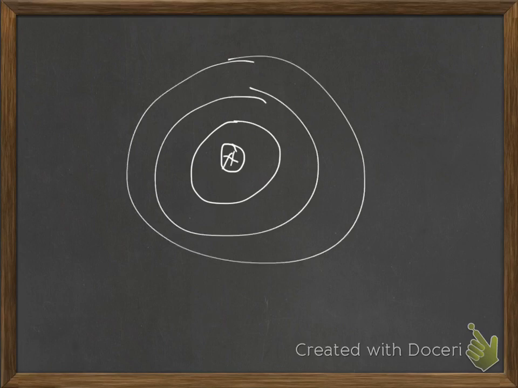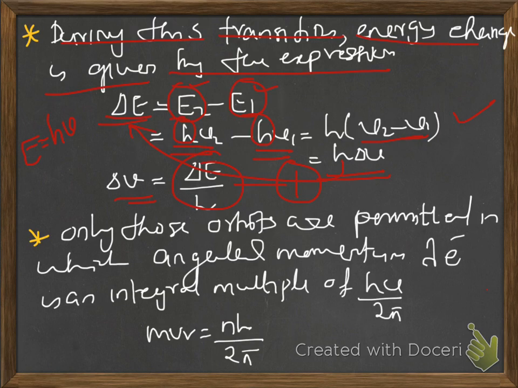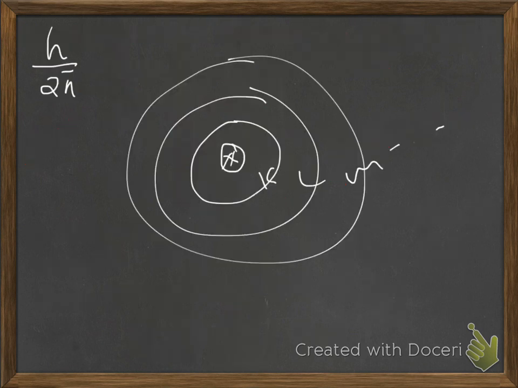This is nucleus and so many orbits, K, L, M and so on. If the angular momentum of electron is h by 2 pi, this is the expression for angular momentum, that means n equal to 1,